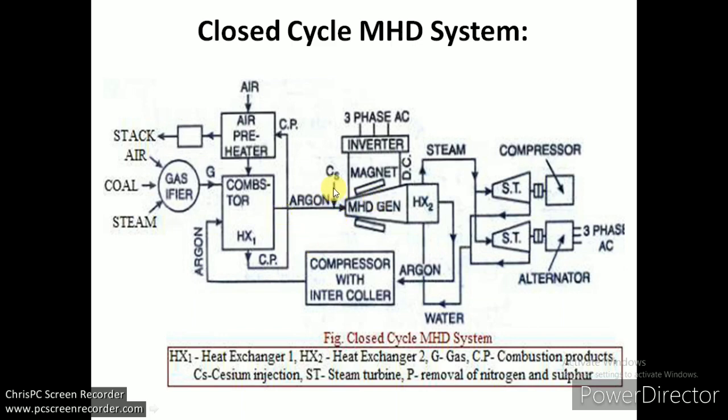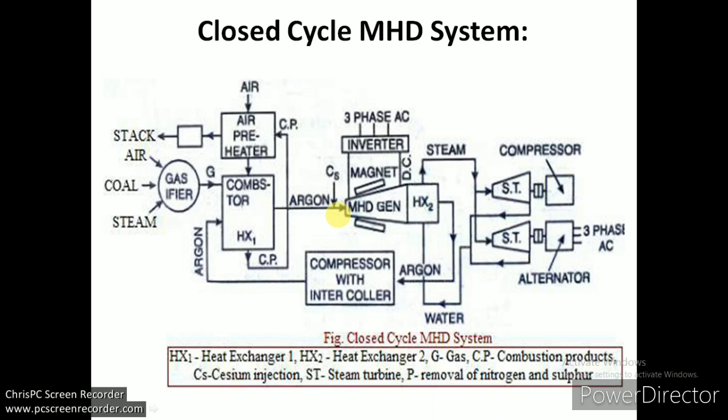As you can see here, VBD is the generation of the electric field, where B is the magnetic field, V is the velocity of the ionized gas, and D is the distance between the plates. As per the magnitude of V, the velocity of the gas, the electric power generation will be high, as it is proportional to V also.